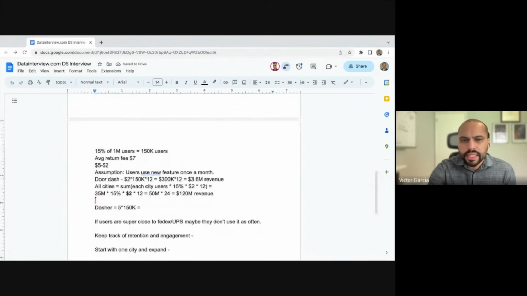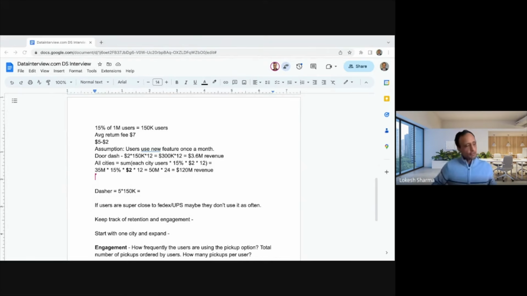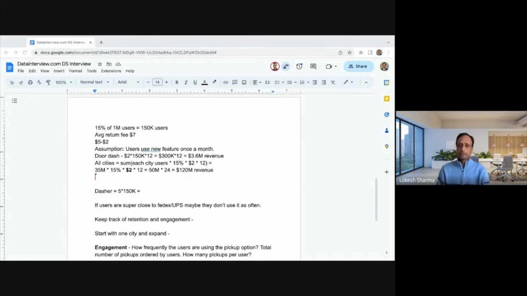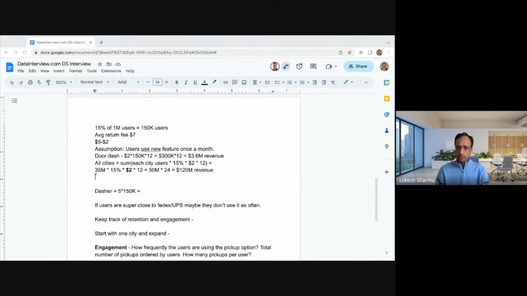So in this impact sizing calculation that we've got here, saying, look, if we roll this out to every city, we're going to get about $120 million worth of annualized revenue. Is there anything else that we should consider? So that's the revenue number. There is cost, right? To calculate the profit, there is a cost factor also. Should we look at the cost as well, or maybe look at other factors?